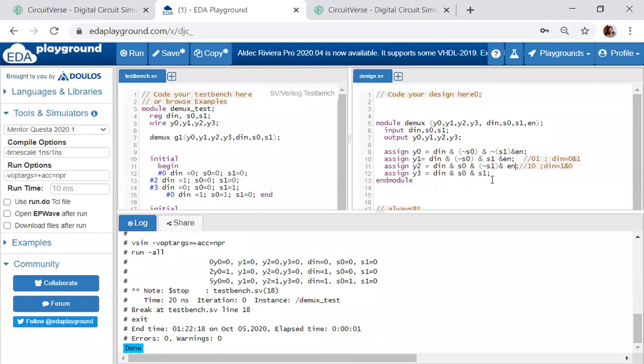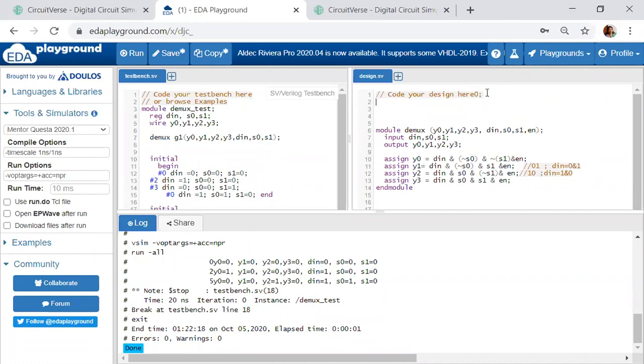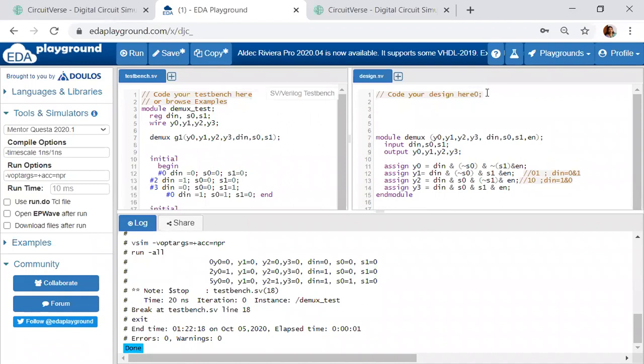Now I have a 1:4 demux over here. If I have to design a 1:8 demux, I need to have two 1:4 demuxes. You can refer to the block diagram. Earlier we have done it.